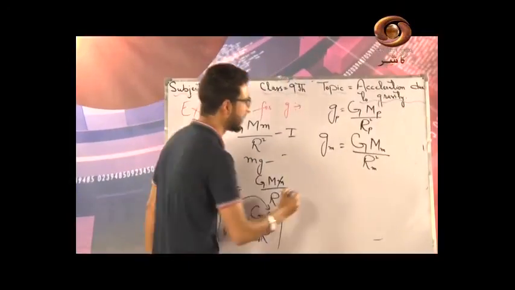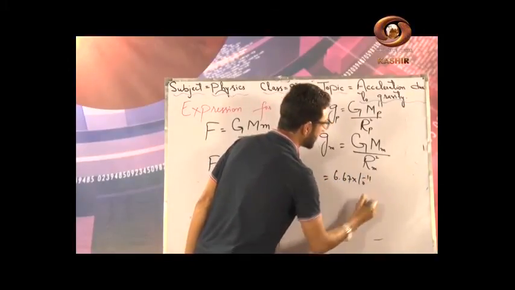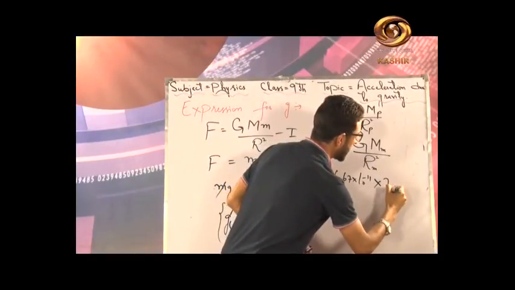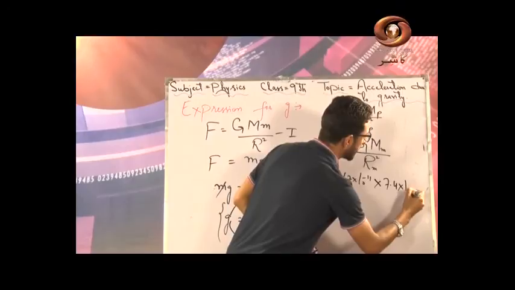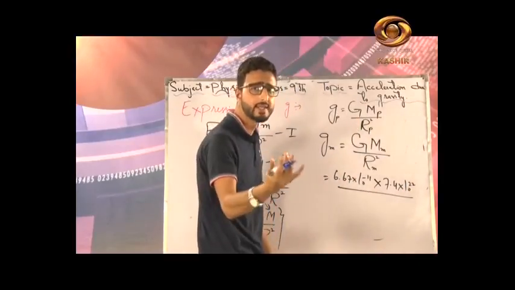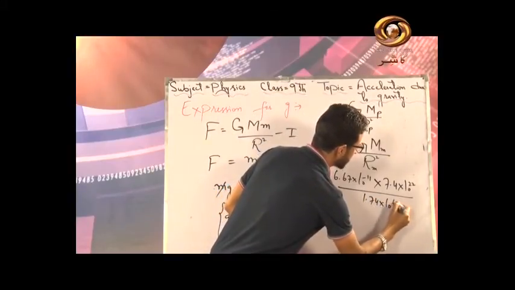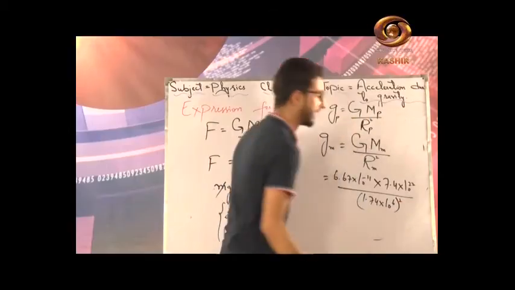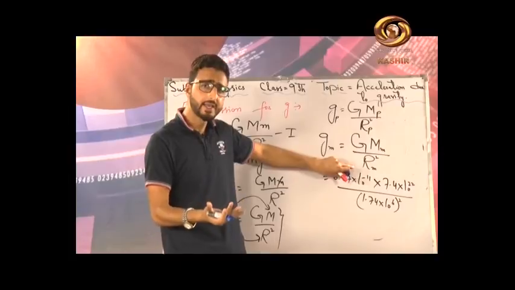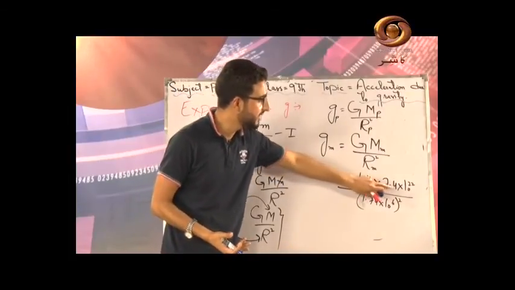G का वैल्यू तो आपको पता ही है, that is 6.67 into 10 raised power minus 11 units you know. Now what about the mass of moon? याद होगा आपको 7.4 into 10 raised power 22 kg divided by what about the radius of moon? It is 1.74 into 10 raised power 6 denominator square. Now इस एक्सप्रेशन को simplify करने के बाद, simply this involves mathematical calculation, you can simply use bases are same, powers are added.